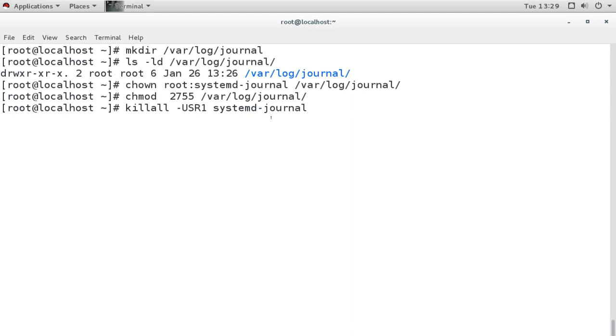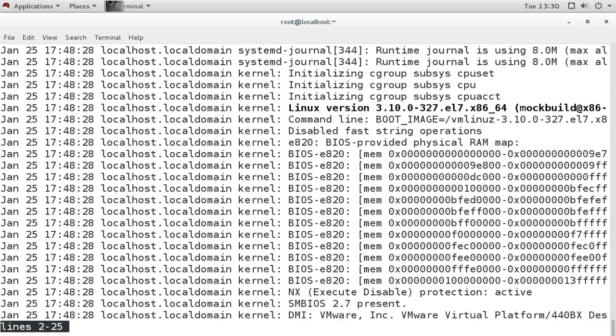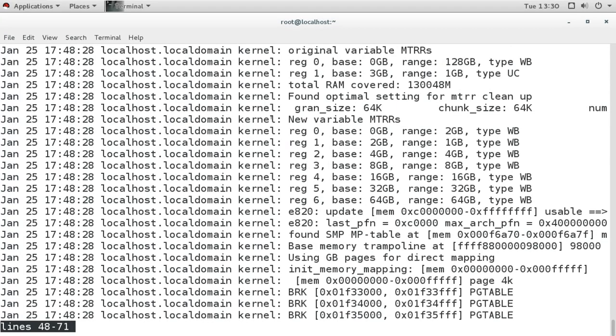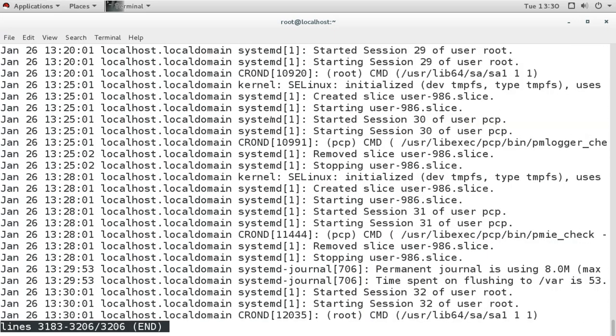It will kill all the processes related to this service first, and then I will restart the service by using the journalctl command. It will restart again.